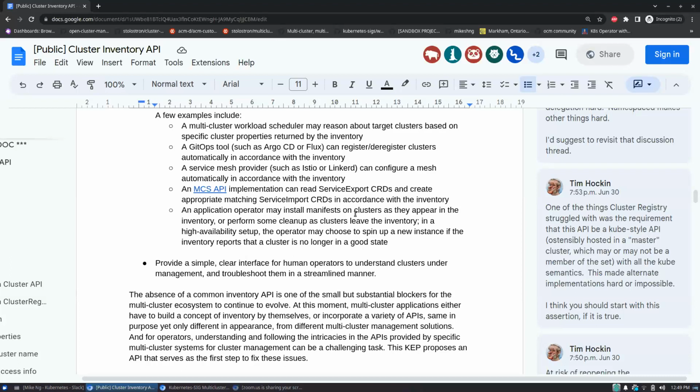If you have a cluster inventory and you have a placement decision API, you don't even necessarily need placements, but placements make it easier to use and would show a general scheduling capability. And you have a work API, you can build out of the combination of those things a way to distribute work